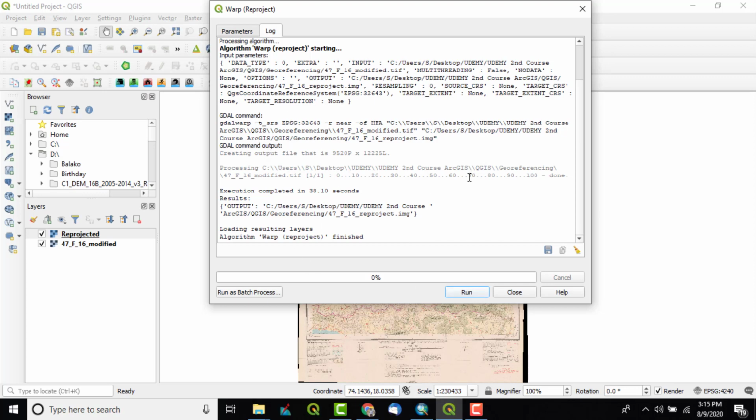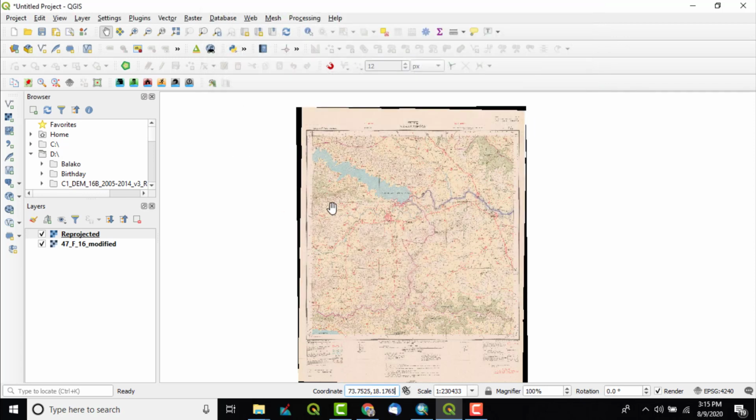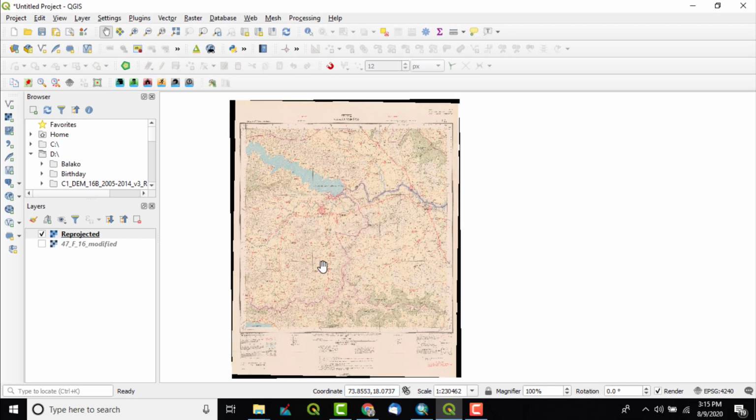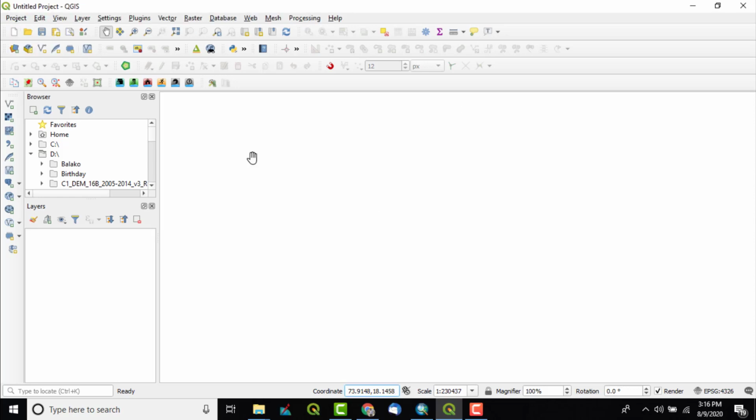It is finished successfully. So I will close this window, and you can see here another raster appears. But since earlier we added the georeferenced one, which has the geographic coordinates, only its coordinates appear over here. To see the changes, we have to take the new option, discard it, and just click on add raster here